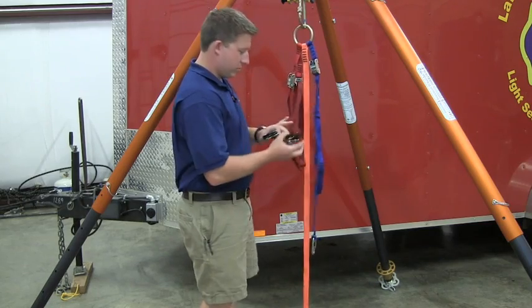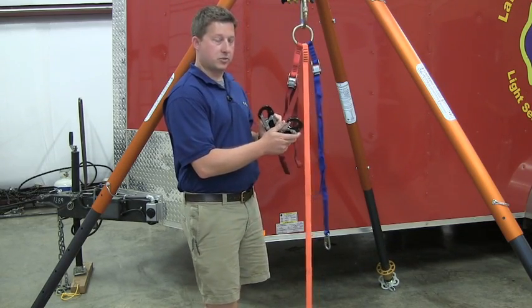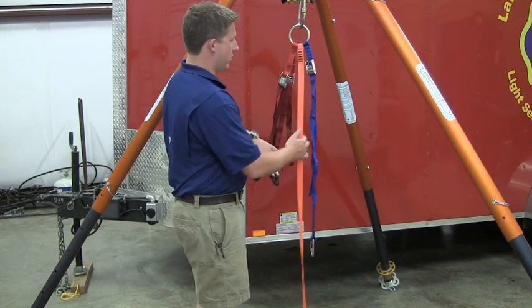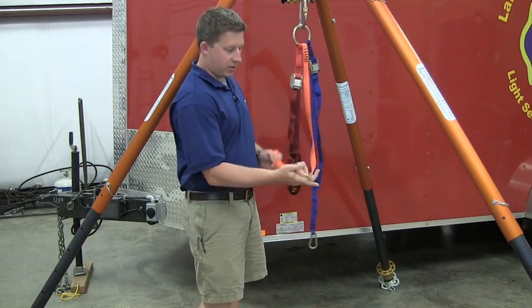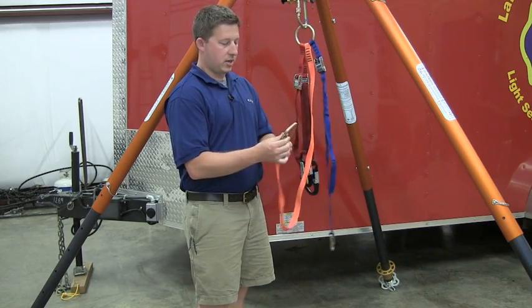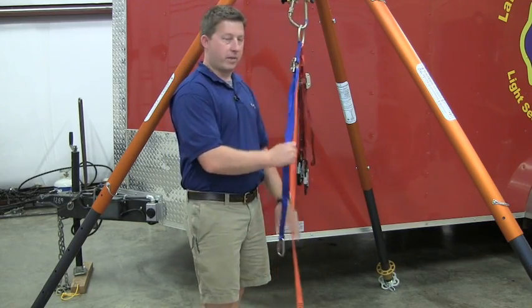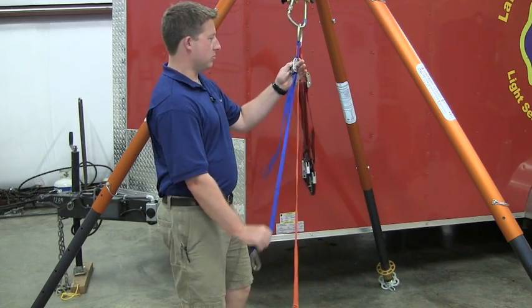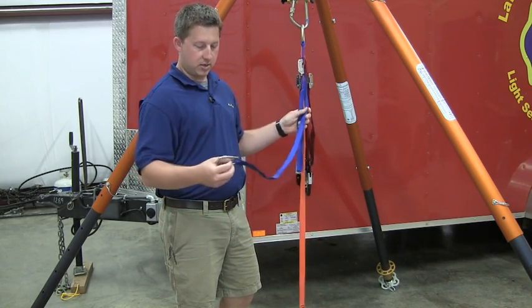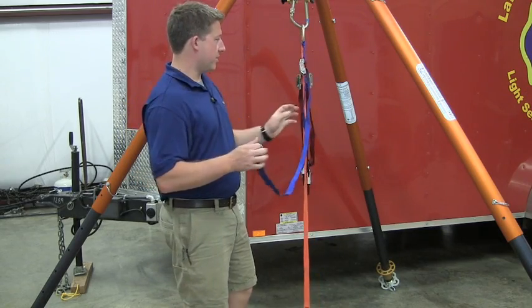They have two really easy to use connection points that I'll show where they attach to on the Spec Pak. It has one basically safety lanyard that'll go back into the head connection point, the vertical connection point, and it's an auto lock carabiner. And then you've got a blue adjustable strap, and this enables you to change the position that the patient's in. It's a little more lightweight carabiner, little snap carabiner,